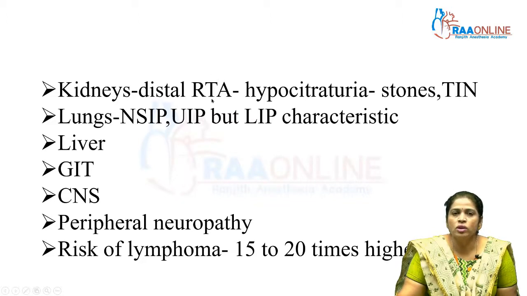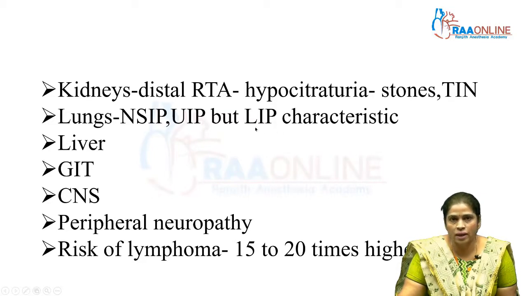They get distal renal tubular acidosis, and you can look for citrate in the urine to help you diagnose that. And there may be stones because of this. The patient can get renal stones. They may also have tubular interstitial nephritis. The distal RTA can sometimes be the presenting feature with which a patient comes, and then they get tested for Sjogren's and get diagnosed. The lung involvement can be non-specific interstitial pneumonia, usual interstitial pneumonia, but the lymphocytic interstitial pneumonia